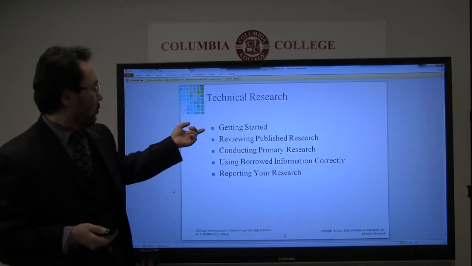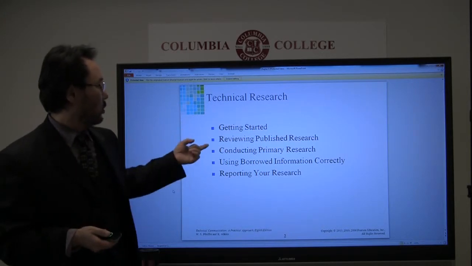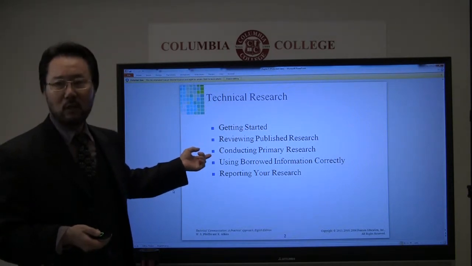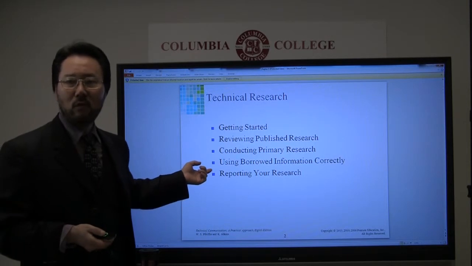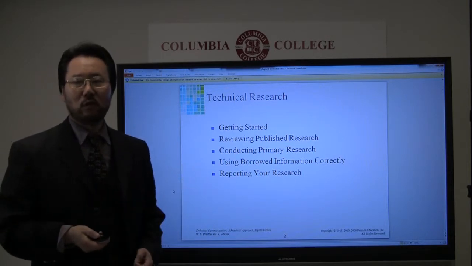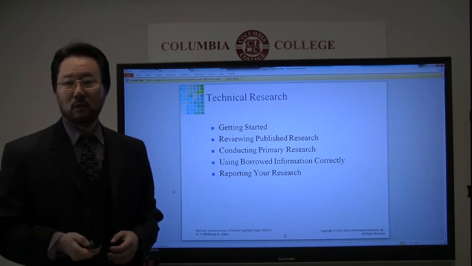So in this chapter, we'll learn about how to start the research, how to review published research, conducting primary research, and using borrowed information collectively, and reporting those researches, basically putting that into your research report format.